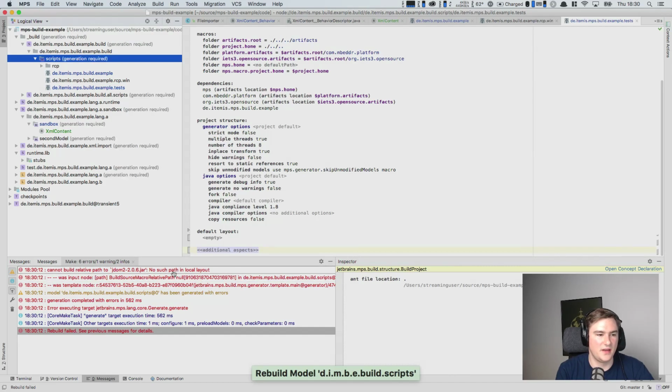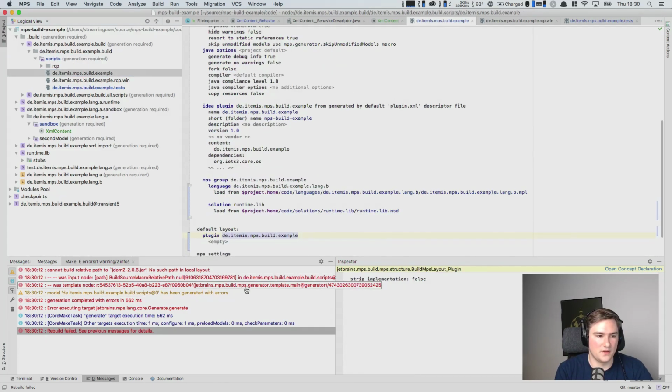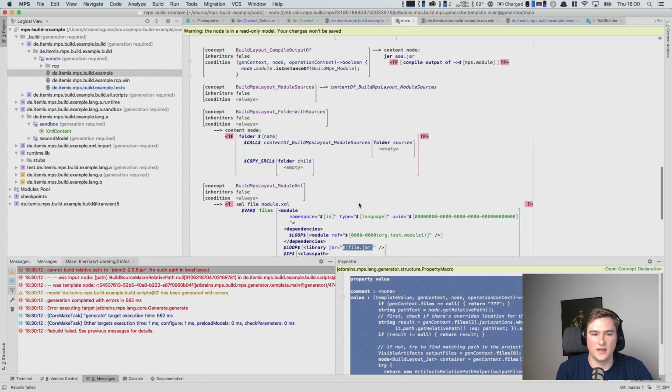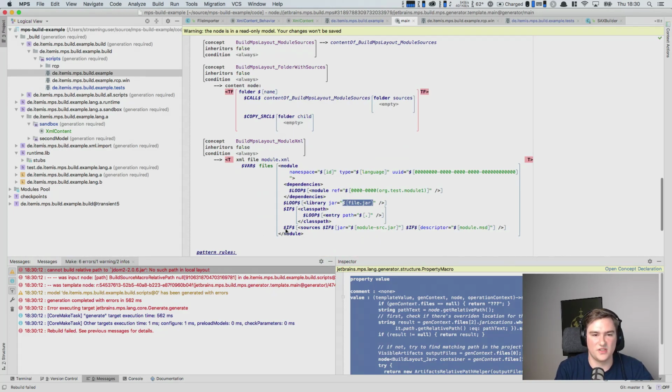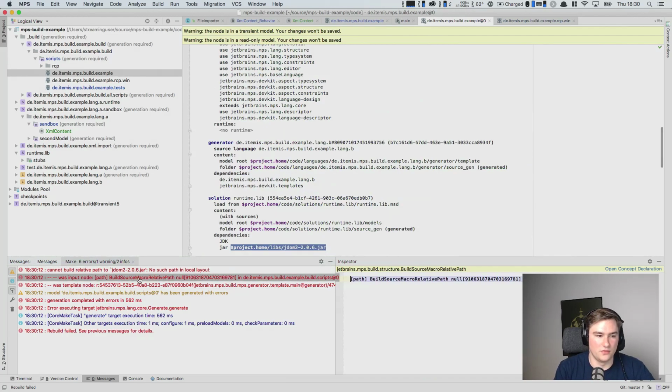So let's rebuild it. And now we get an error message when we try to generate our Ant script out of the build script description from inside of MPS. And what's the error that we get? It claims that it cannot build a relative path to the JDOM jar that we are using as a dependency. So if we click here, we get into some intermediate model, which does not really help us, right? But if we go to the input here,